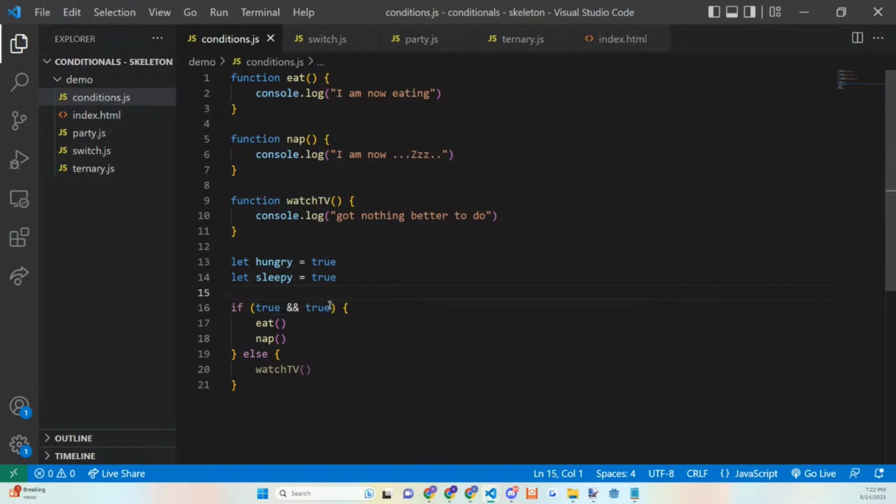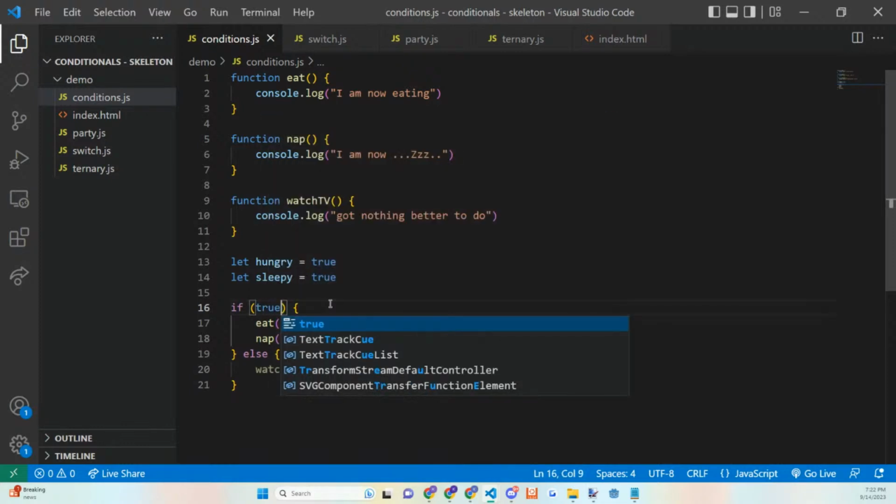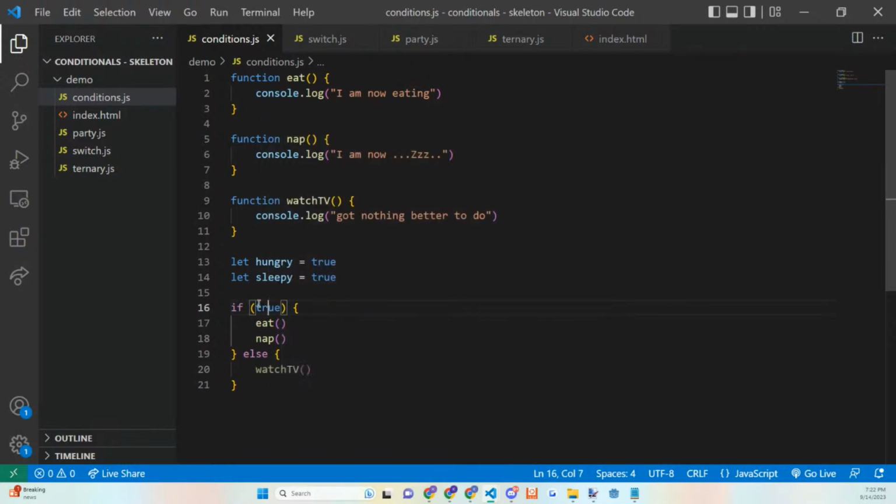So since both of these are true, and the ampersand here will be an operator returning to us the value between these running through that operator, that would end up becoming true overall. And since this is now true, we know that that fulfills the first condition, and we can run the first condition.